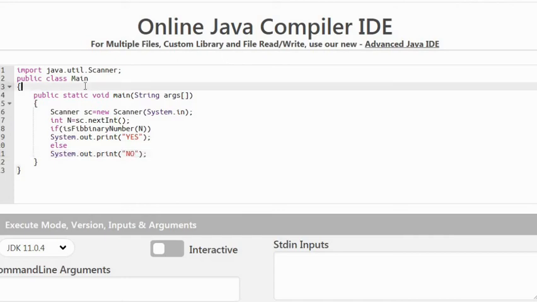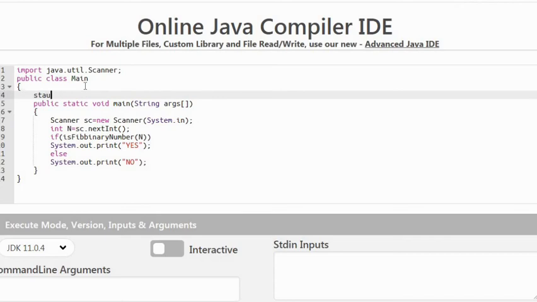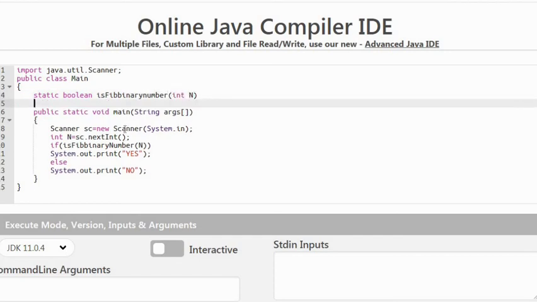Then we have to write a function. The static keyword is used because our function call is from a static method, and a static method can only call another static method. So we have to return a boolean type, and isFibonacciNumber of, let us take the value as n.